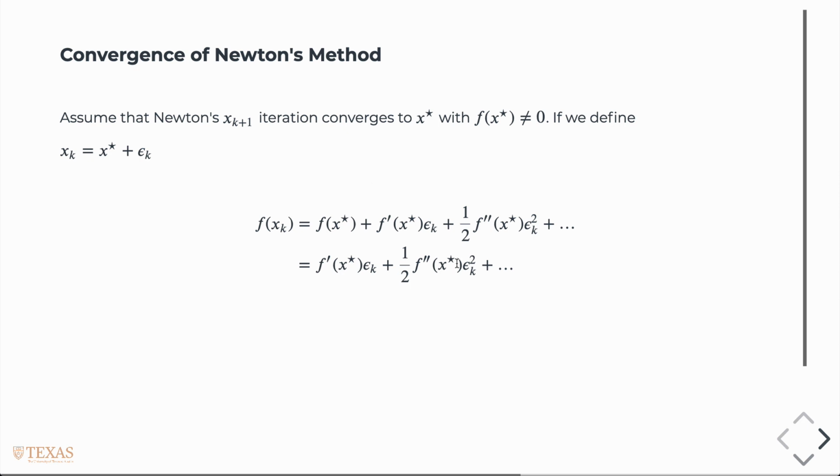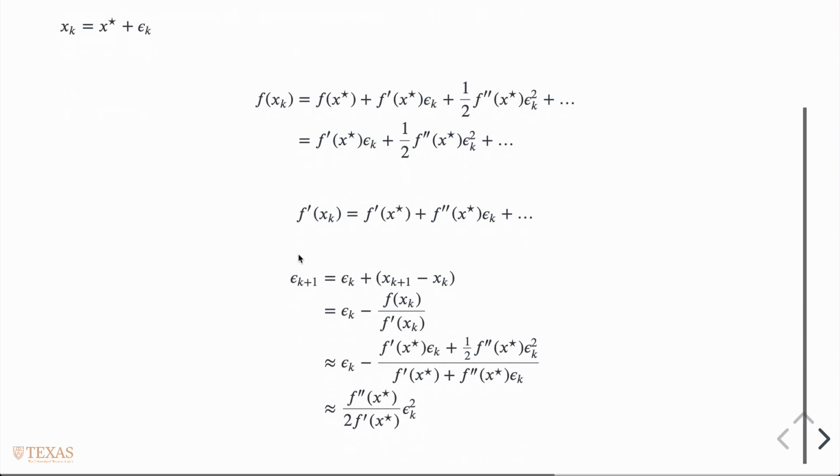Then we rearrange and take the derivative of both sides with respect to epsilon k. We have this, but epsilon k plus 1 is just the difference between the roots, the error rather. The difference in the error is going to be equivalent to the difference in the roots, and so then we have this equation,